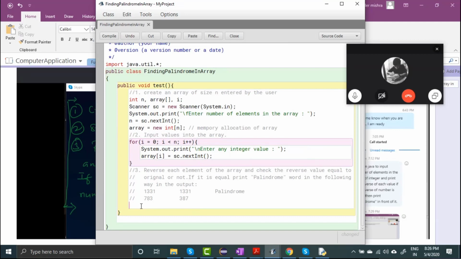So what I have to do here is create another for loop for i equal to 0. I'm reinitializing the value of i with 0 again. Then i is less than n, and then I will write i plus plus.